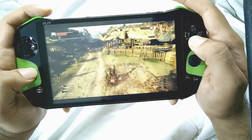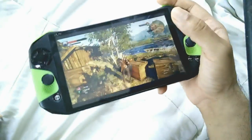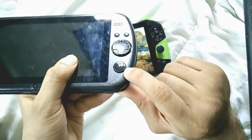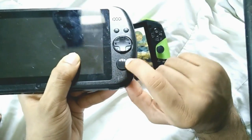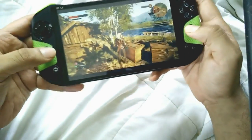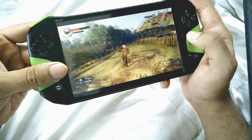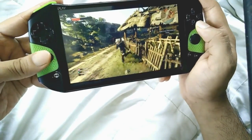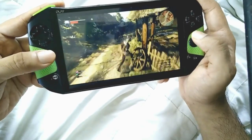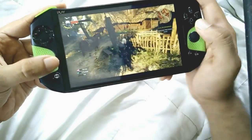So I really don't have any issues with game streaming, and in many ways this feels much better than the Q9, which has this, which is complete crap, and I don't think anyone should buy something like this. So this is much better. This is good because you can actually control the game, you can move properly, you can play FPS games, and I would say this really makes this one of the most interesting 7-inch devices. Or I can't say it's the best 7-inch device